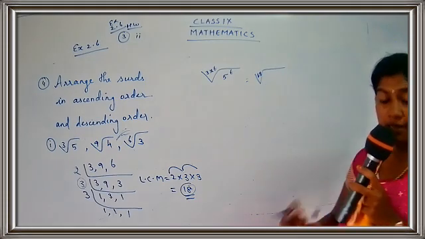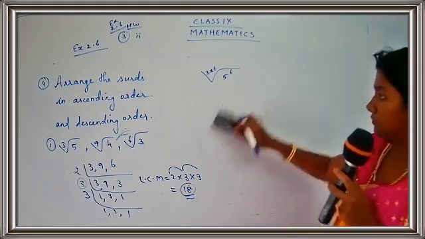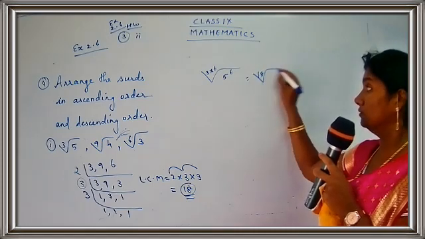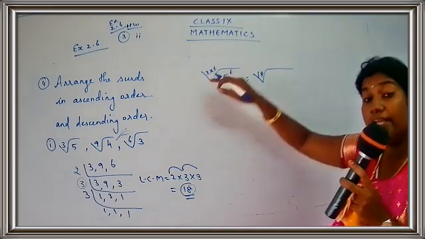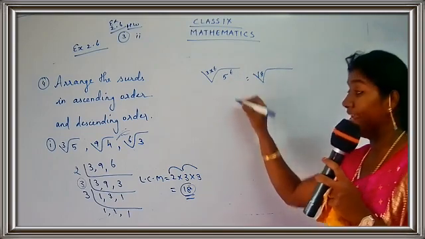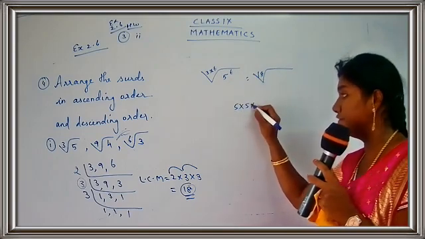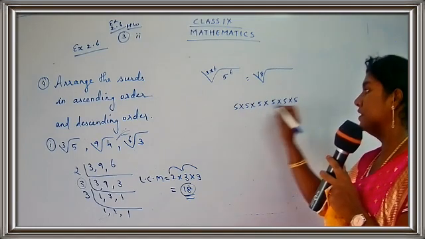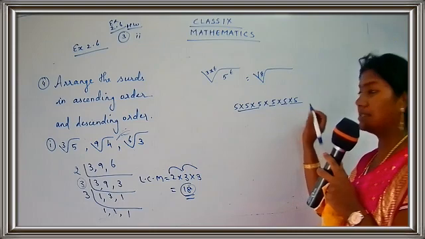So what will come here? 18. So this is equal to the 18th root. See, first it was the cube root. Now it has turned to the 18th root. Now you have to find out 5 raised to 6. 5 raised to 6 means 5 into 5 into 5 into 5 into 5 into 5. 3, 4, 5, 6. Okay, children.